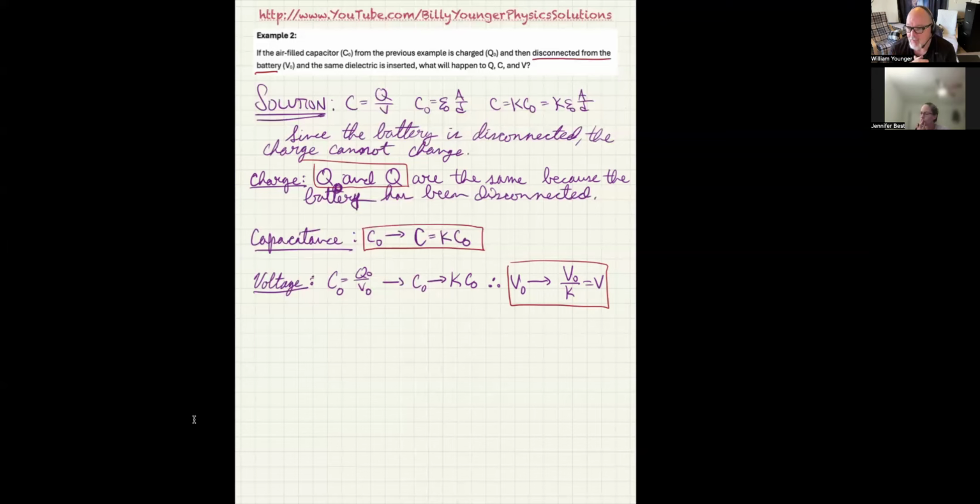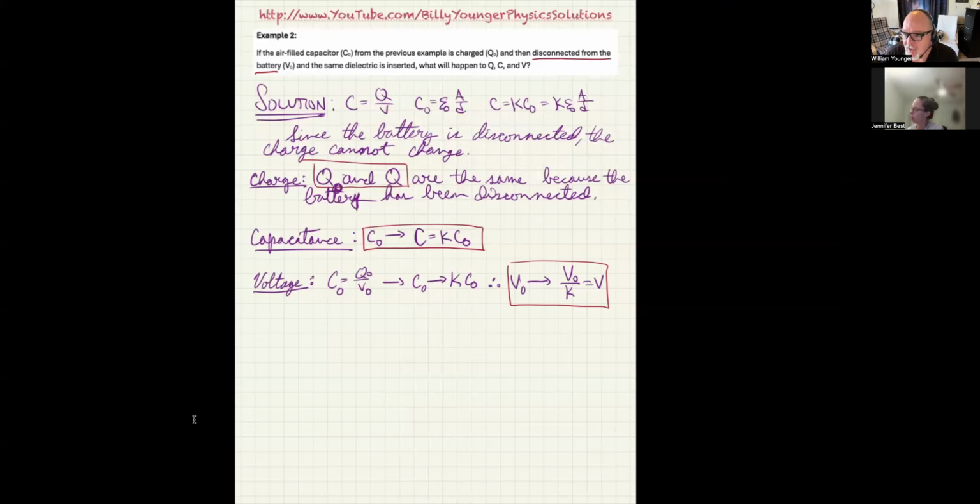So in that case, when the battery is disconnected, if we slip a K dielectric in between the plates, that's going to cause the voltage to go down by a factor of K. Now that might not physically seem that obvious, but when we show you the molecular description of dielectrics, that'll give you a better model to think about. Right now, what you want to do is either memorize the thought process that went